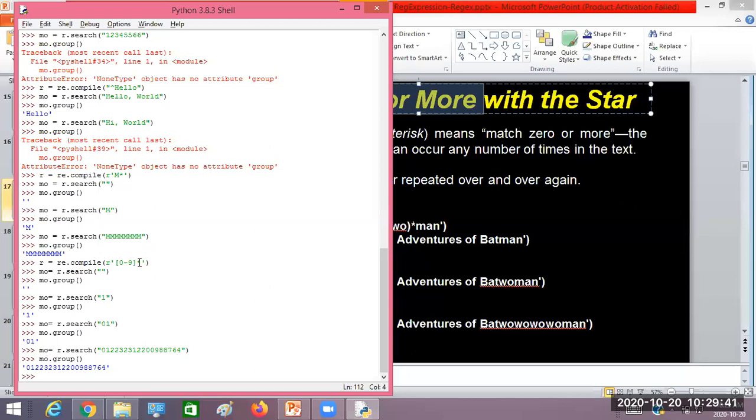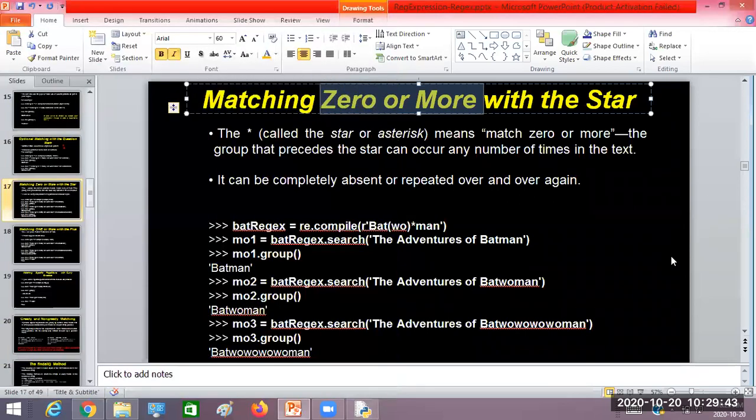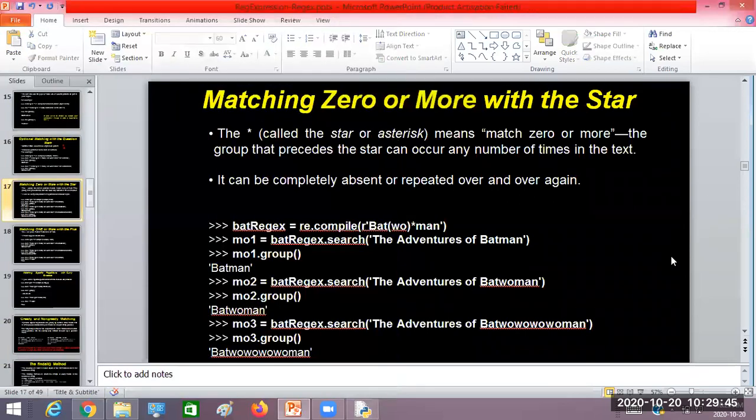Suppose you want to match at least 0 times. Can we call star as at least 0 occurrences? 0 or more means at least 0 occurrences.